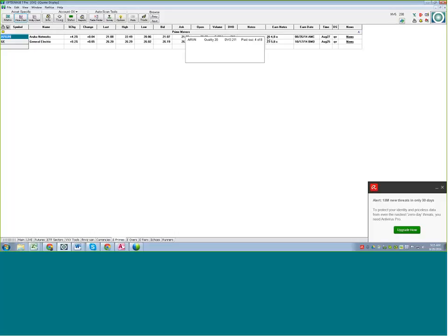So this is the expected return, 23%. It's been a winner 4 out of the last 8 times. This one's 5 out of the last 8 times. Get out at the open, get out at the close. Okay, now